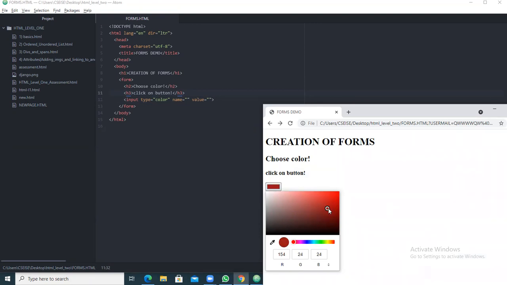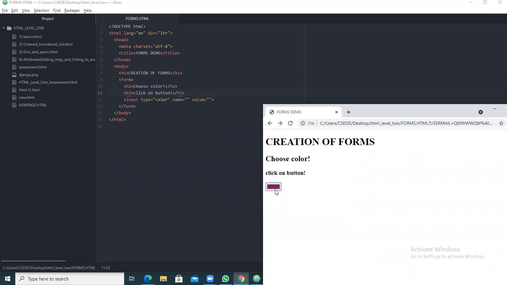Here you can go with a color picker, and if you want light, dark, or full black, you can choose whatever you want. For now, I will be taking this one. This is the color we have taken.